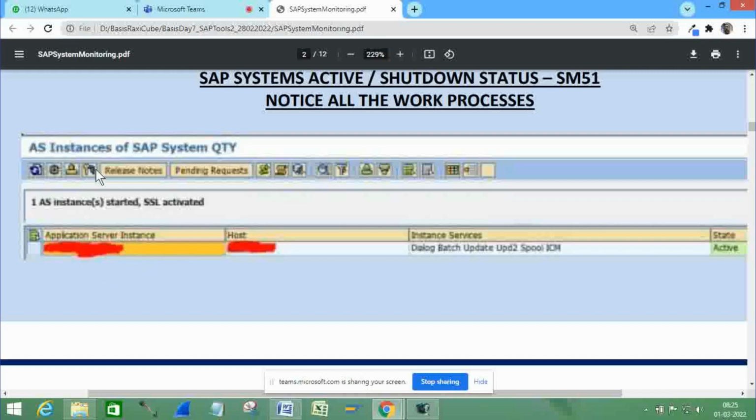This is locking, unlocking. Then this is release notes. It will show you the details of this. Pending requests: if there is a problem with the update, then it will show you the requests which are still pending. This is for remote access to the server. If you have got multiple servers here, then you can select one of them and access that server directly. Then this is for system log, and this is for the system trace. Okay, so